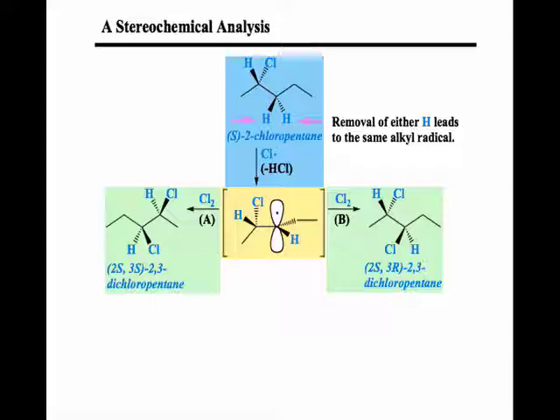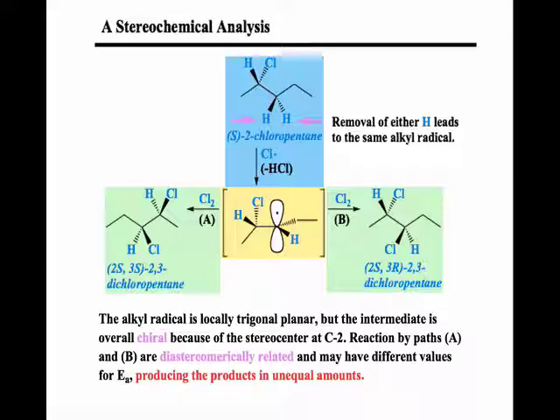And are we going to generate those in equal amounts? No, we are not. Because diastereomeric transition states, that is transition states that lead to diastereomers, are not equal in energy. So one of them will be lower in energy than the other, and we will expect to get one in excess over the other. I do not expect you to determine which one would be in greatest abundance. That's for a higher level chemistry class when you start talking about physical chemistry and really talking about